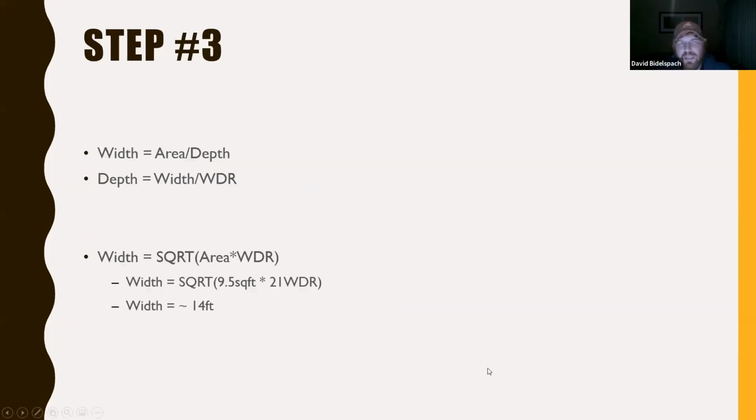So then step 3 is simply using width is equal to the square root of area times width to depth ratio. That is derived from area is equal to depth times width. Therefore, your width is equal to your area divided by depth, and your depth is also equal to your width divided by your width to depth ratio. So what that means in this example is that we'd have a channel width that should be about 14 feet. So if Brad says that the stream out there is sitting at 38 feet,